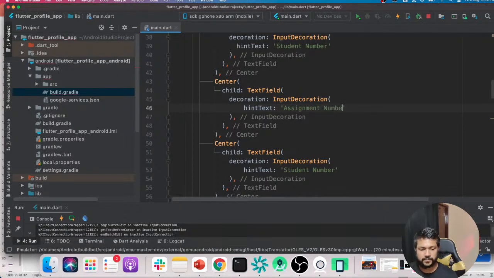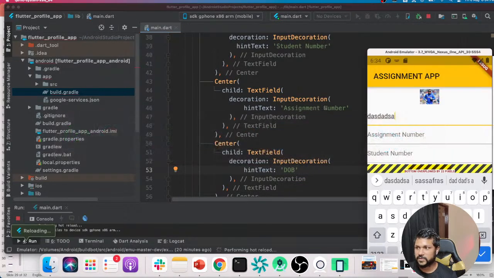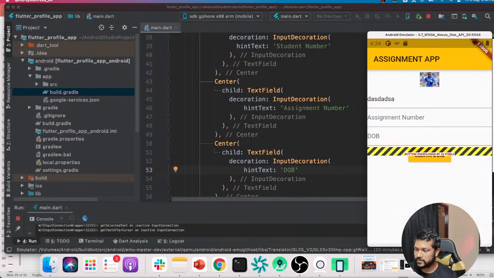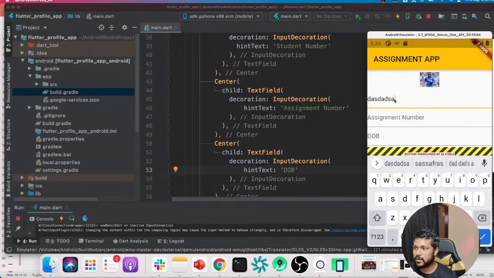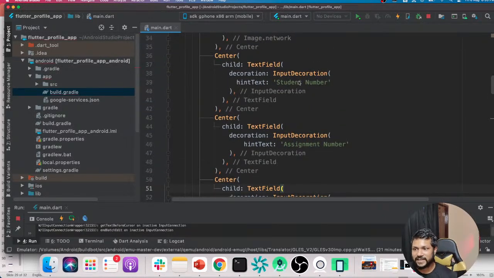Assignment number, and the final one is going to be date of birth, or DOB. So let's check if this is working fine. So far everything looks fine, and I'm just going to click next. All right, so we have added the student number, assignment number, and date of birth. So this is successful, and the next step is to get this data and put it